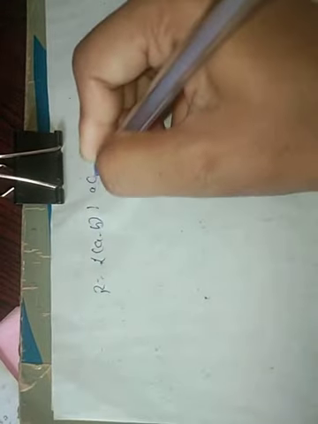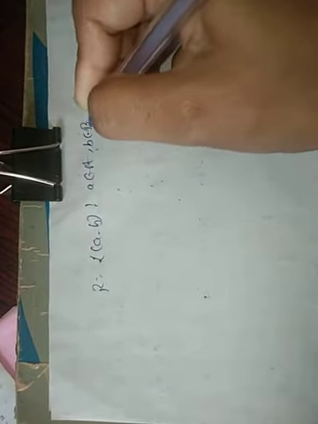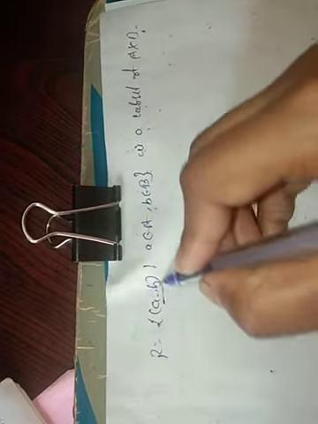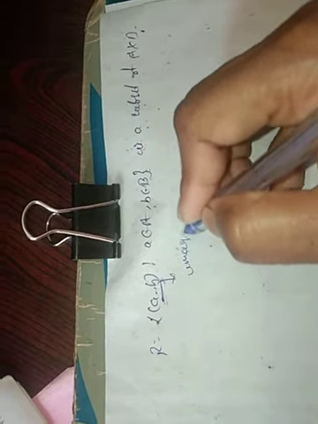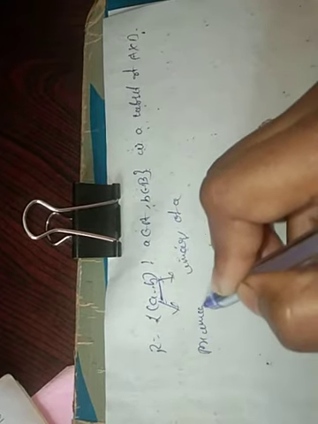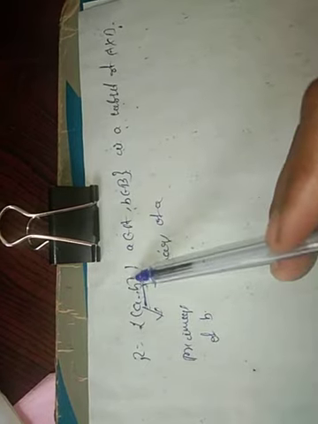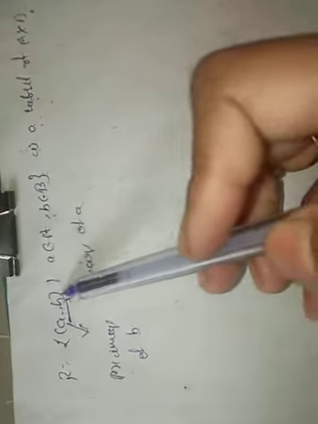And we know that R equal to (a, b), where a belongs to set A and b belongs to set B, is a subset of A cross B. R is a relation which is a subset of A cross B here. Suppose there is some relation between a and b, then b is called the image of a and a is called the pre-image of b. a is called the pre-image, b is called the image here.